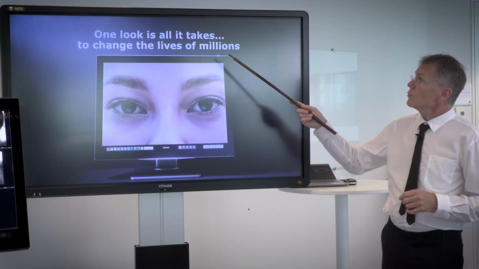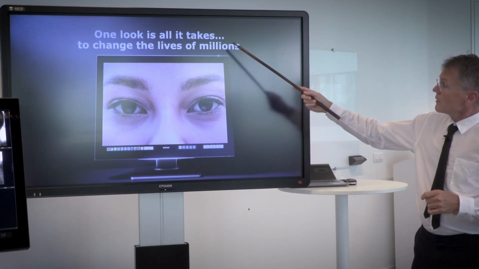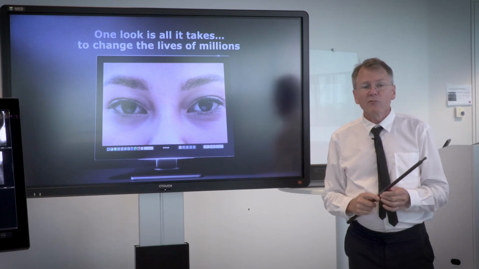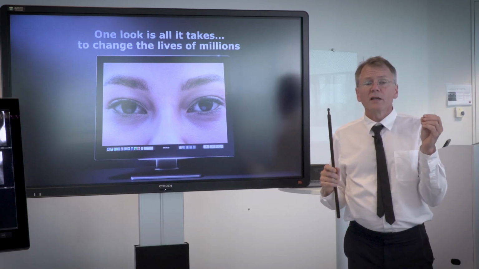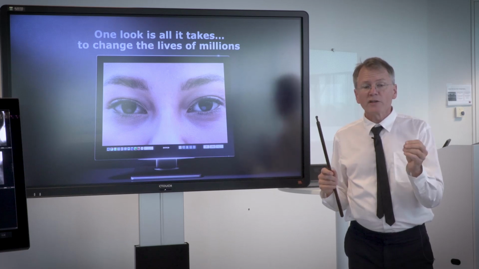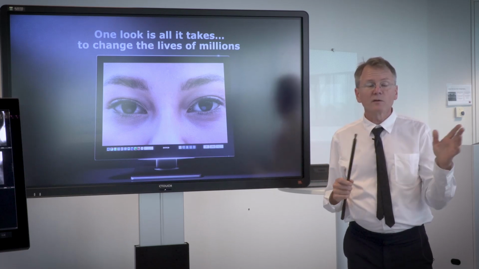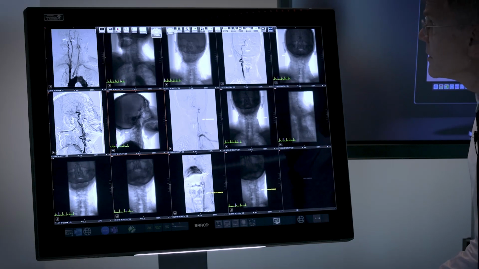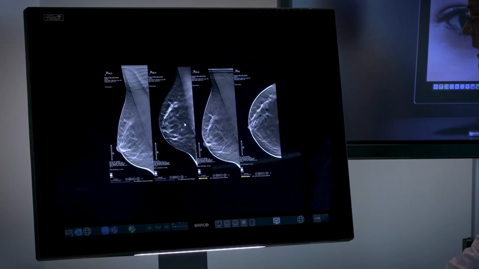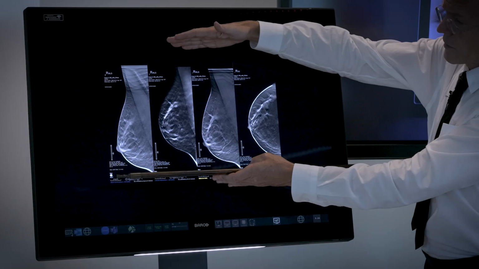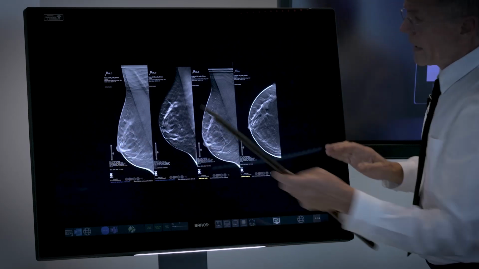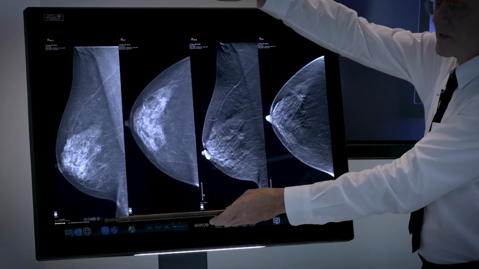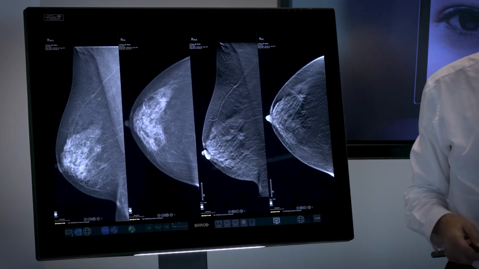So, when we have this product that we've brought, we've given it a name, OneLook. And why is that? It really has to do with the fact that the images that we're trying to show are more detailed than what was previously possible. So let me show you what that looks like. If I bring up an image here, this is the number of pixels that there were on a Coronis Unity. And on a Coronis OneLook, it's this many. So there's 2.5 times as many pixels.